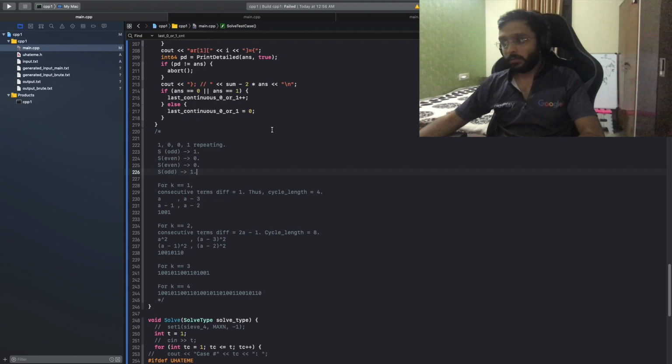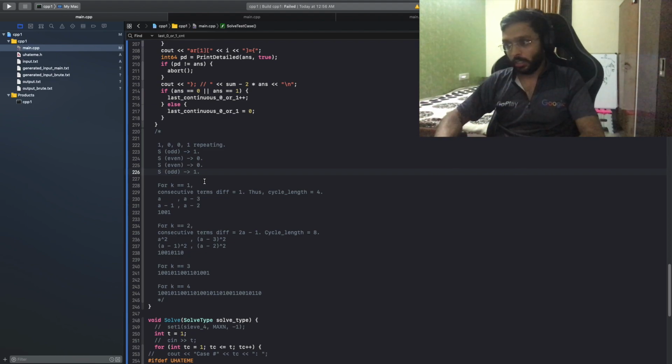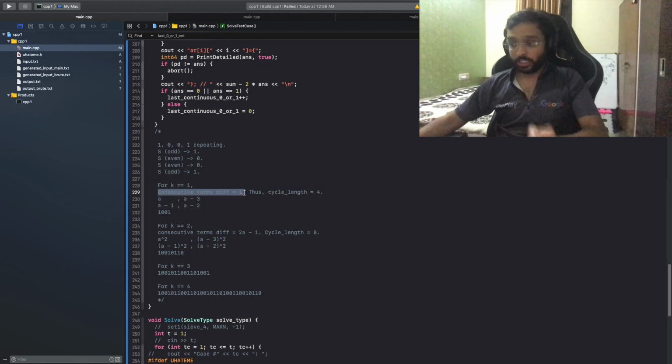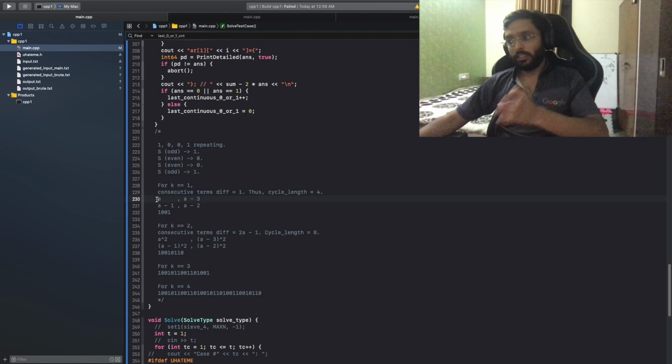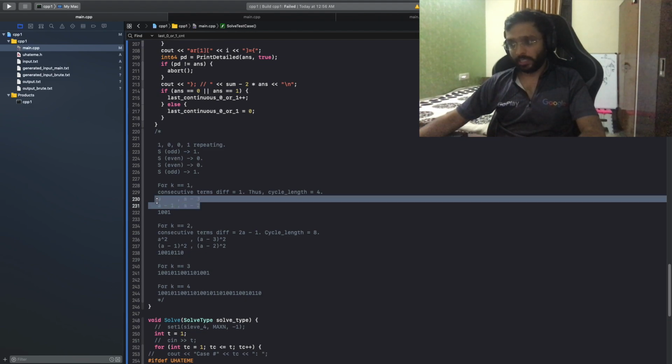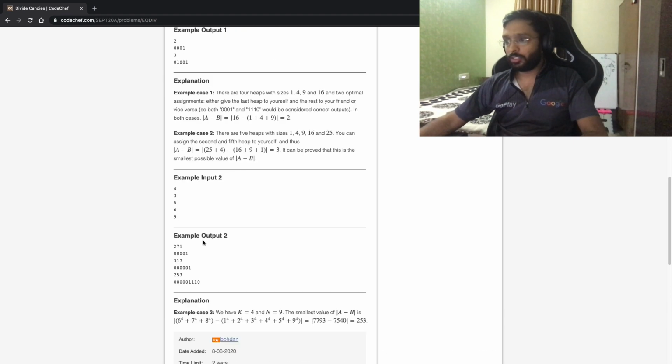So why I am thinking about the cycle length thing is because I want to calculate the assignment as well for the huge number of n's. So let's consider k equal to 1. The consecutive terms difference is actually just 1. So if one heap is a and the other heap is a minus 1, the difference is just 1. So if I distribute it like this, I'm using the exact same assignment thing which is being used in the actual solution.